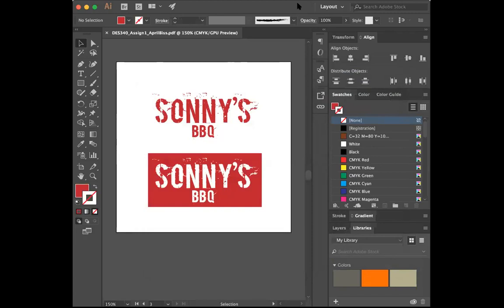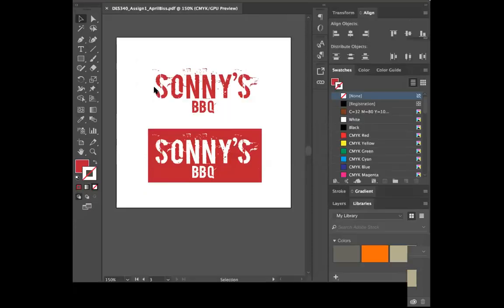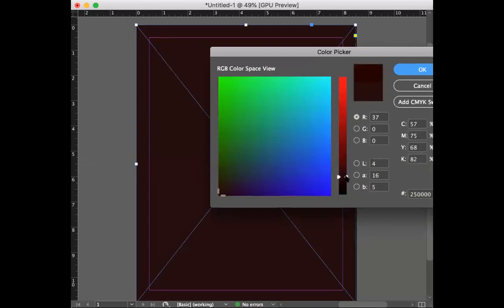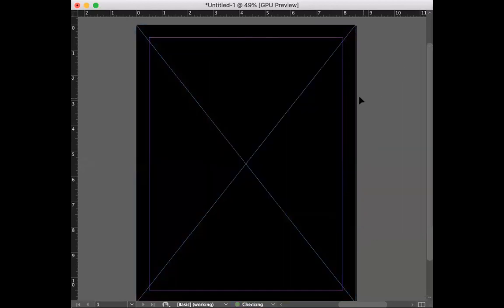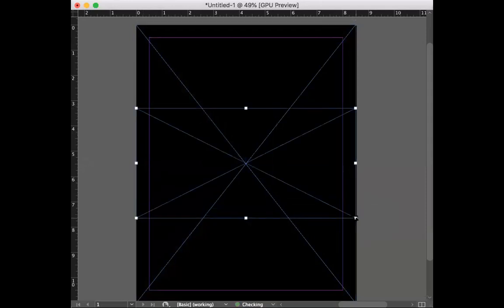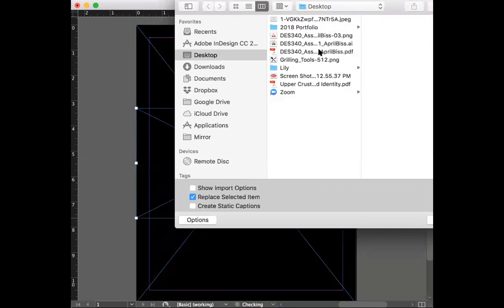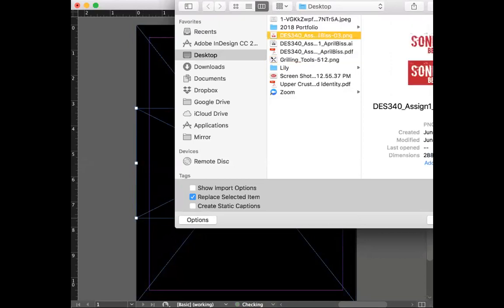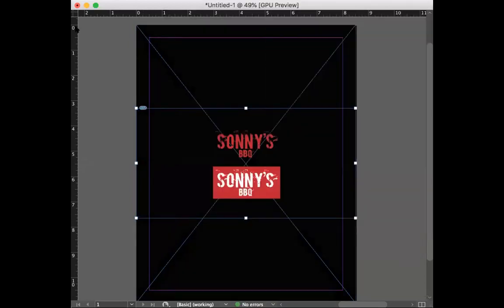But once you go back to InDesign, now you can place that logo in there. Boy, this still doesn't look all black. There we go. So I'm just going to drag another rectangle frame and do a Command D, which is File Place. I'm going to try and find that PNG file. Now I have both of them in that PNG file showing, so I'm going to have to crop my frame, sorry.